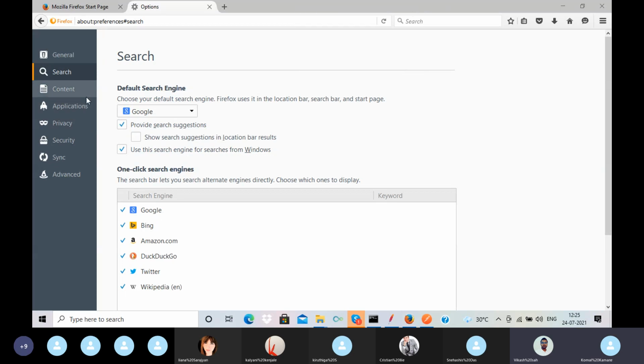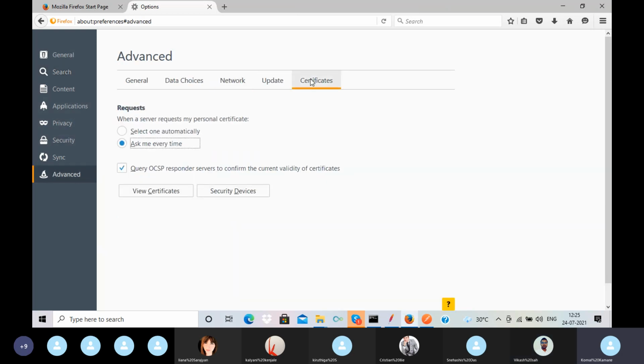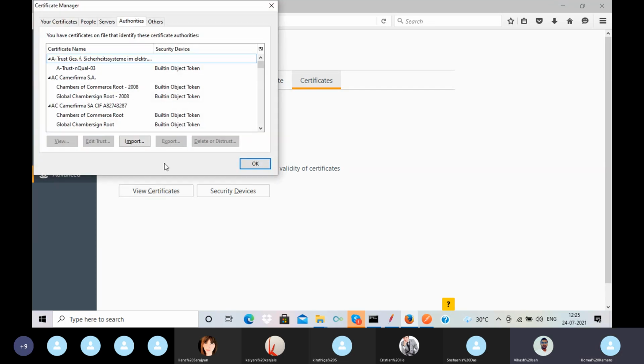You were looking for a certificate, right? It's here, I guess. Yes, here is the certificate option. Your Firefox version is different from mine, so that's why it's showing differently. Select View Certificates,